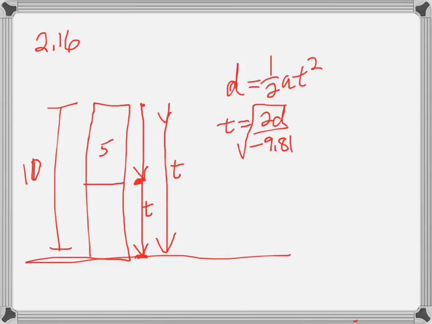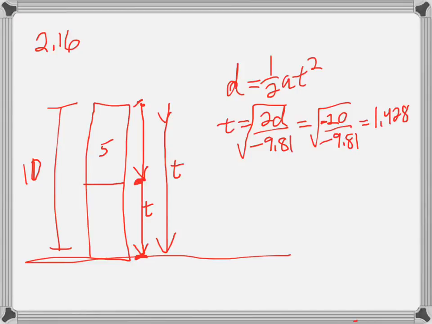So what I want to do first is figure out how much time it takes the cat to get from here all the way down to the bottom, and that would be falling 10 meters. So that'd be the square root of 2 times 10, or negative 20 because we're going down, negative 20 divided by negative 9.81, and that gives me a time of